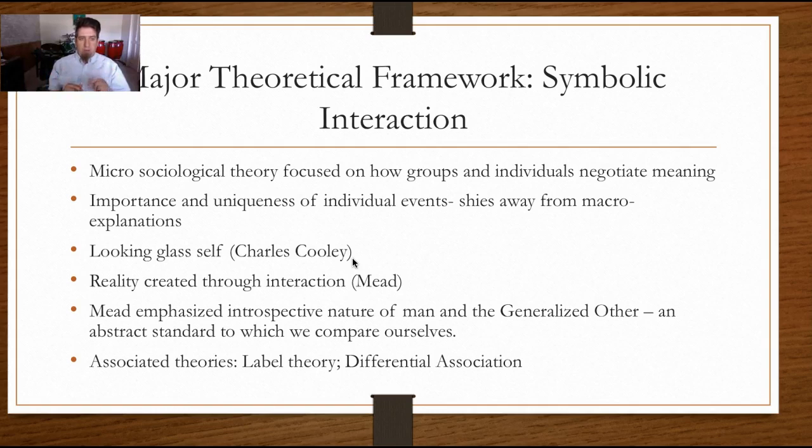So let me repeat that. We see ourselves as we imagine that others see us. So we don't see ourselves exactly as we are. We don't see ourselves as others see us exactly because we don't actually know. What we do know is that we reflect and we think about how other people would see us. And so we try to present ourselves in a particular way to make a good impression on others because we value social opinion.